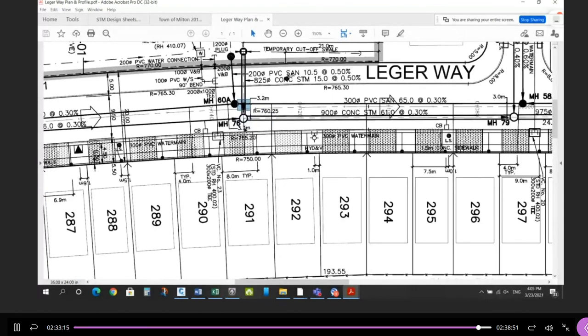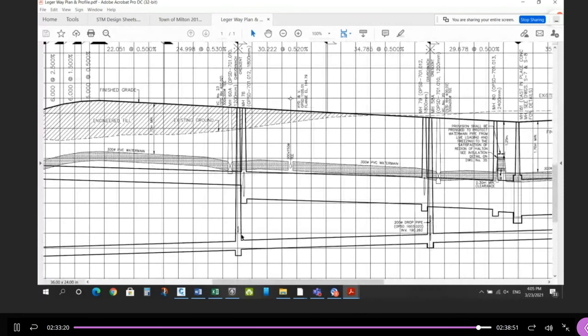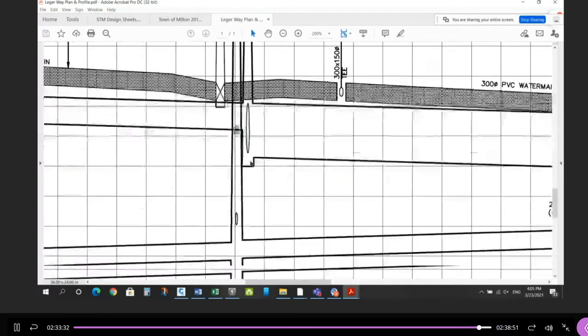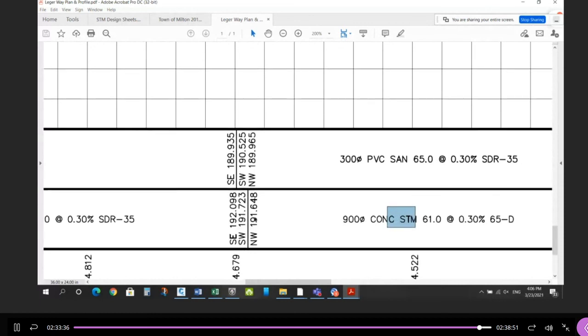So on this maintenance hole 76, there should be 3 inverts. Right? So there's this invert down here, this invert up here. It's the one in the middle. This is the pipe we're connecting to, this ellipse that goes into the subdivision. So it's not the lowest invert. It's not the highest invert. It's the one in between. So if you go down here for storm, right, it's not the lowest, it's not the highest, it's the one in between. This is your starting invert,